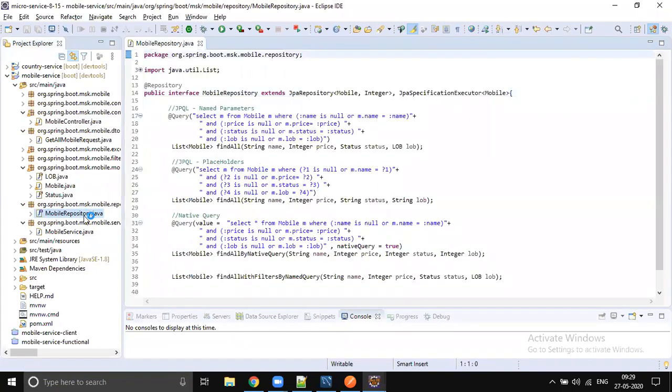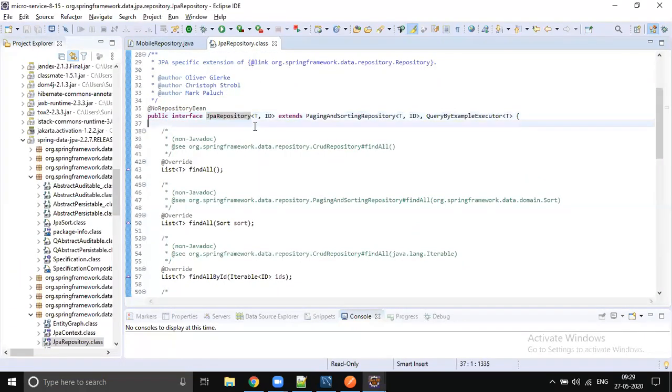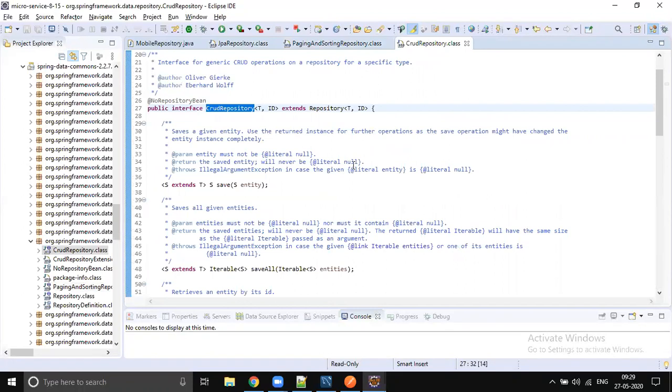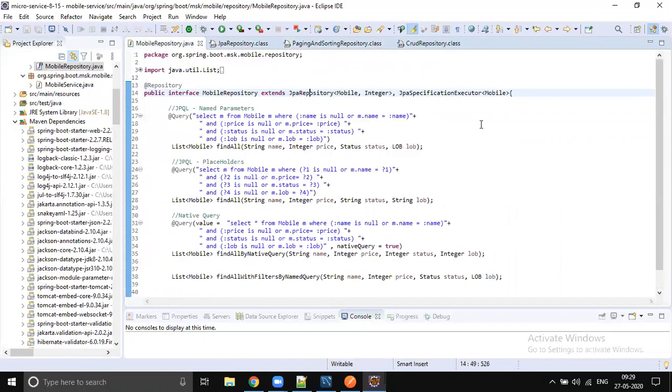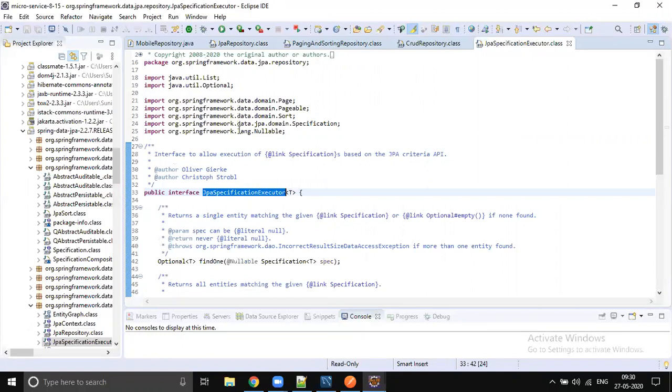All those repositories have this annotation, NoRepositoryBean. JPA repository has it, paging and sorting has it, CRUD repository has it, and specification also will have that annotation.